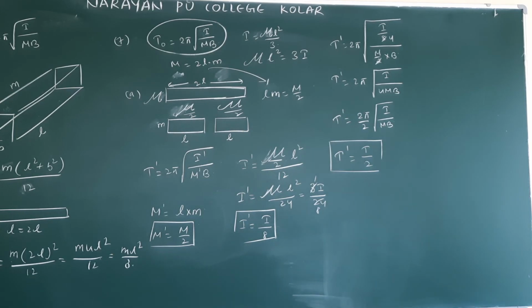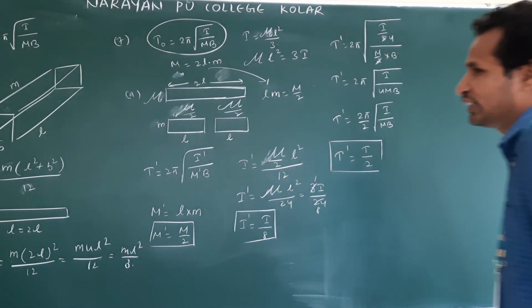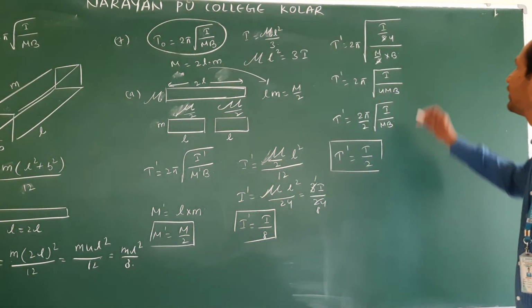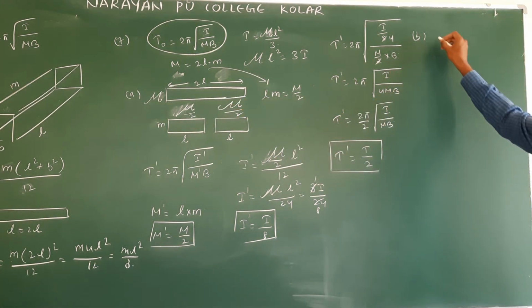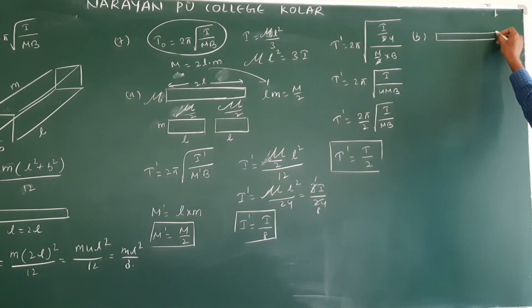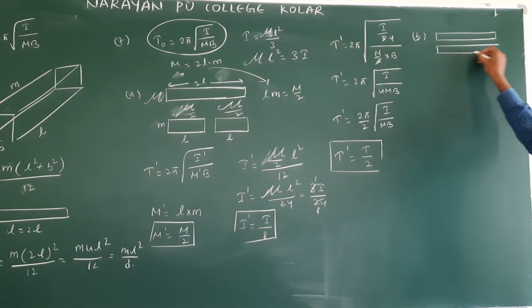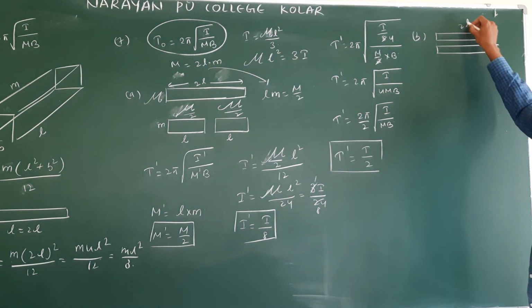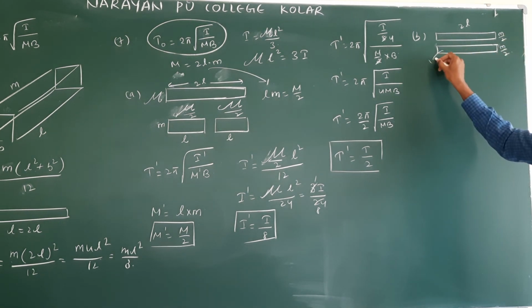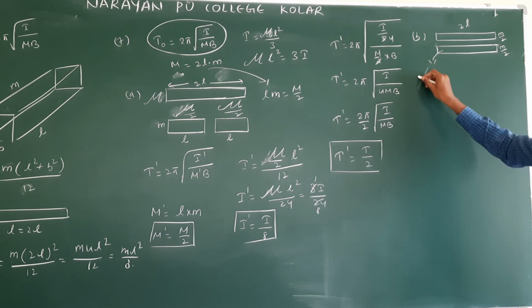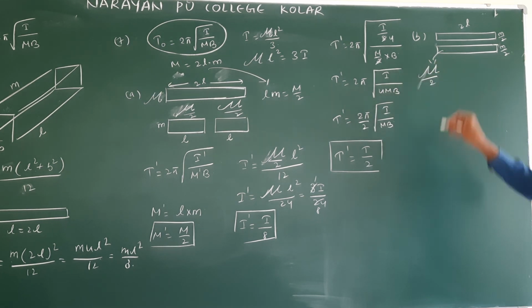Next, cut is parallel to its length. Parallel to its length. So initial magnet is this one. Now cut made parallel to its length. This will become like this. Am I correct? Then what is splitting here? Length remains same, but pole strength is changing. This is M by 2, M by 2. Again mass will become half. Am I correct? Again we need to find out new moment of inertia.